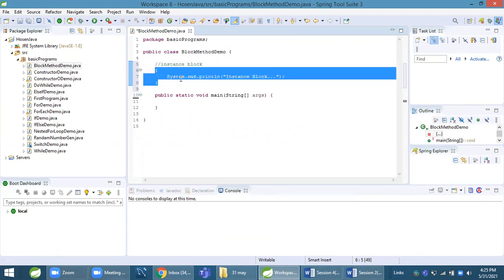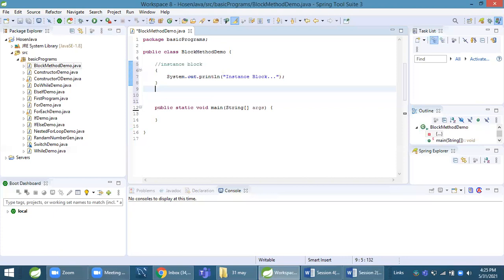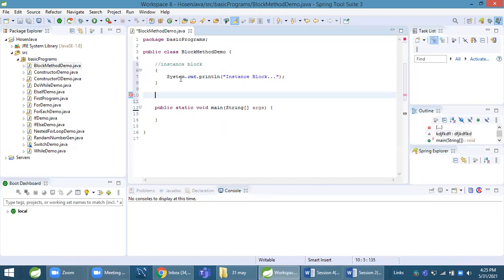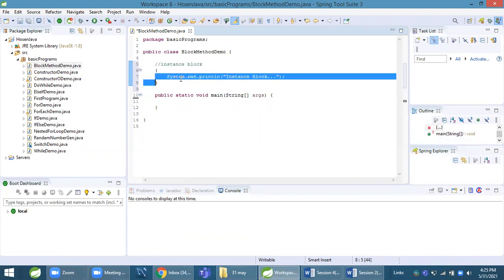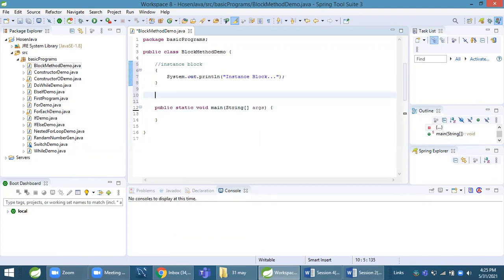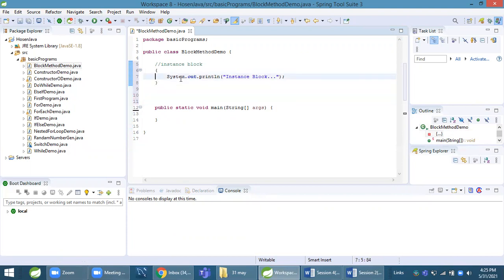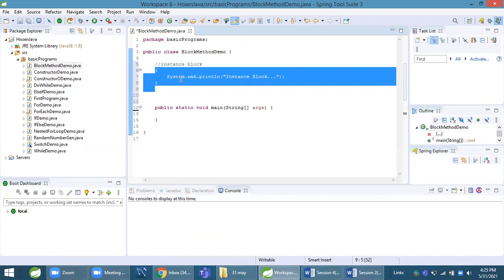I cannot write statements in this class directly like this. It will show me error. I write a statement like this. Now we can see it is showing error because in class we cannot write logical statements directly into the class. So I use here instance block.